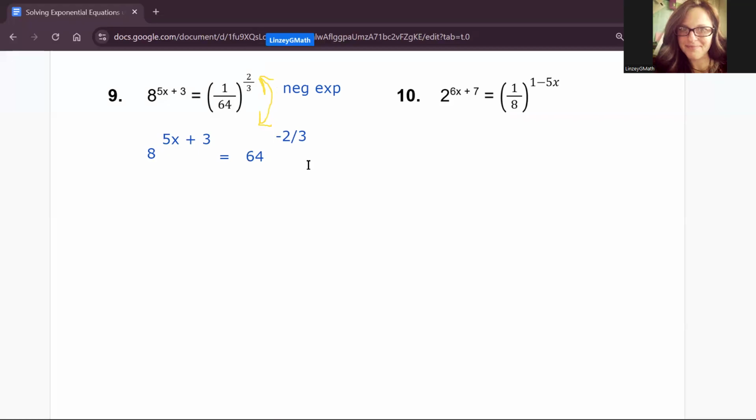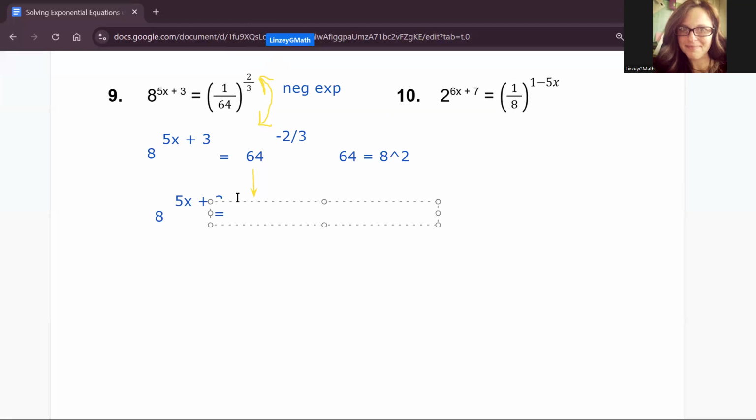Now we need the same base, 64. 64 is equal to 8 to the 2nd power. So we can rewrite 64 so that we have the same base as the left-hand side,